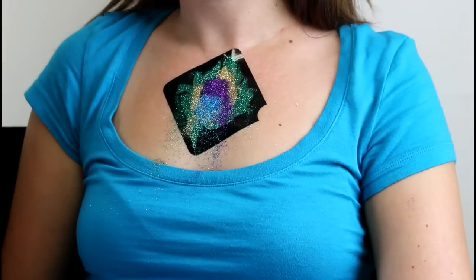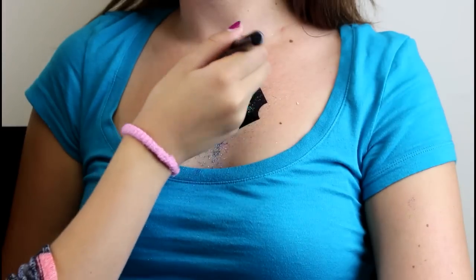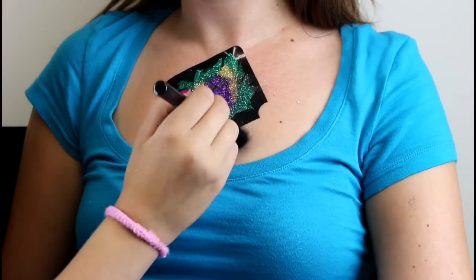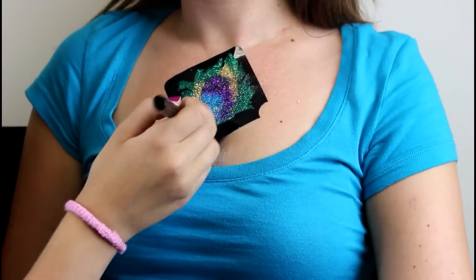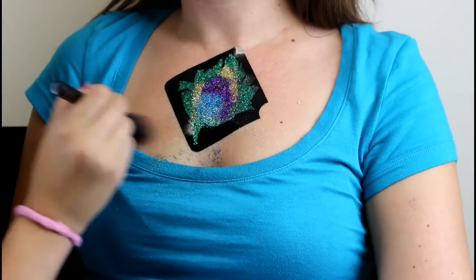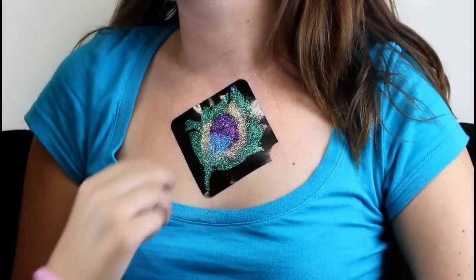Okay. So last, when you're done, you want to brush off gently so that you don't peel any glitter that should stay on the skin. So you'll just brush on really fast, just gently but fast, the edges of your stencil, and you can brush off a little bit on top of the stencil to get rid of any excess glitter that you don't want